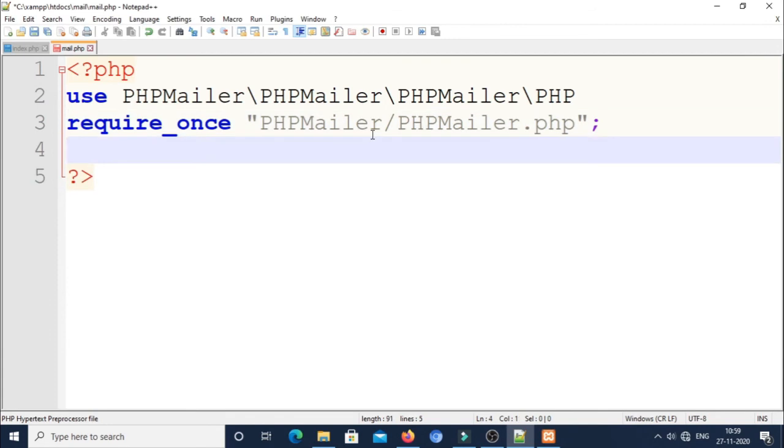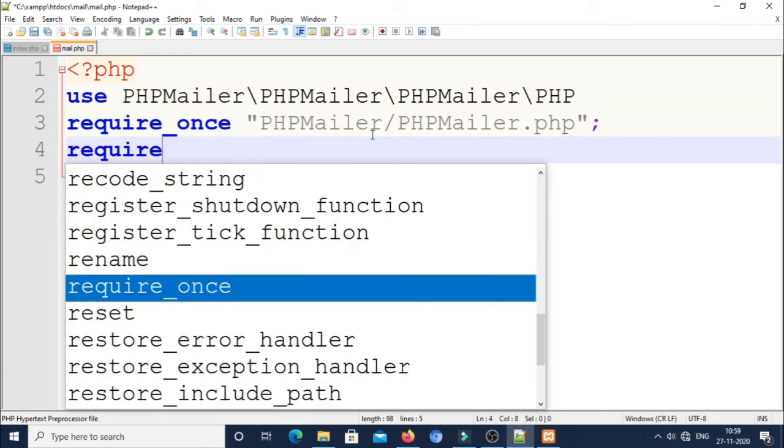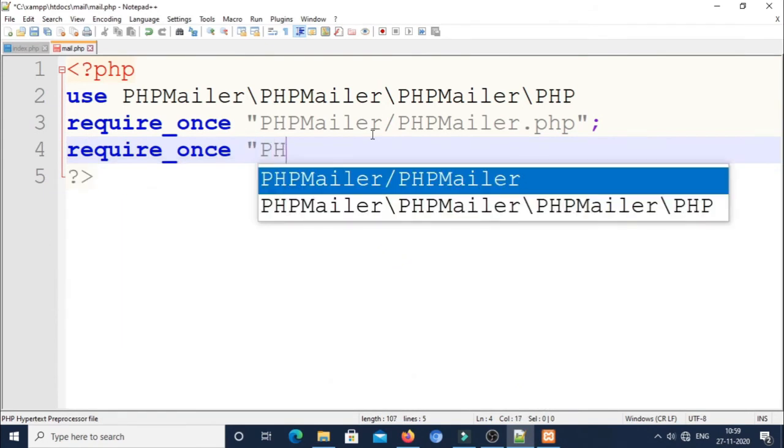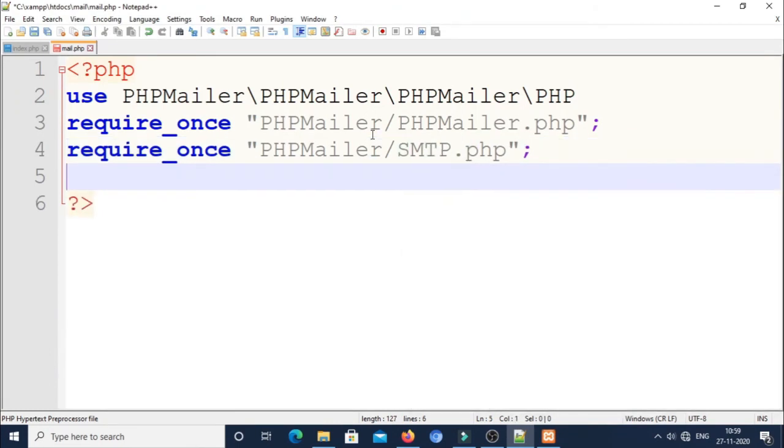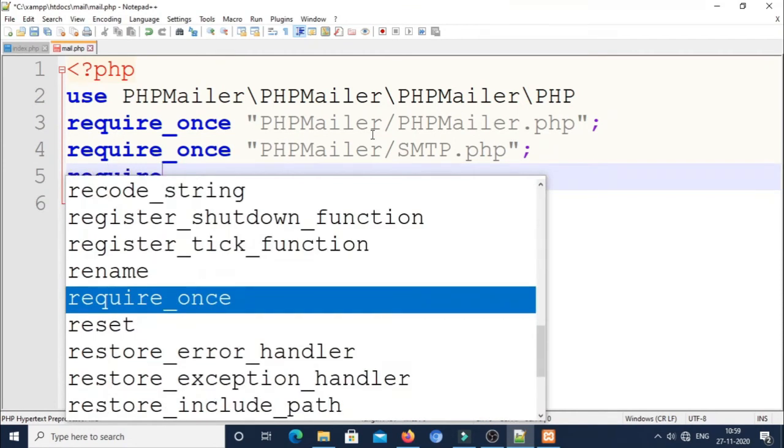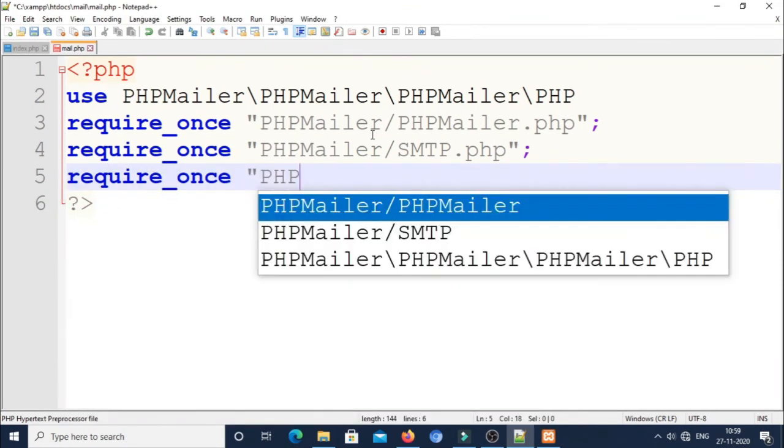Once again, require_once PHPMailer/SMTP.php. Once again, one more, require_once PHPMailer/Exception.php.